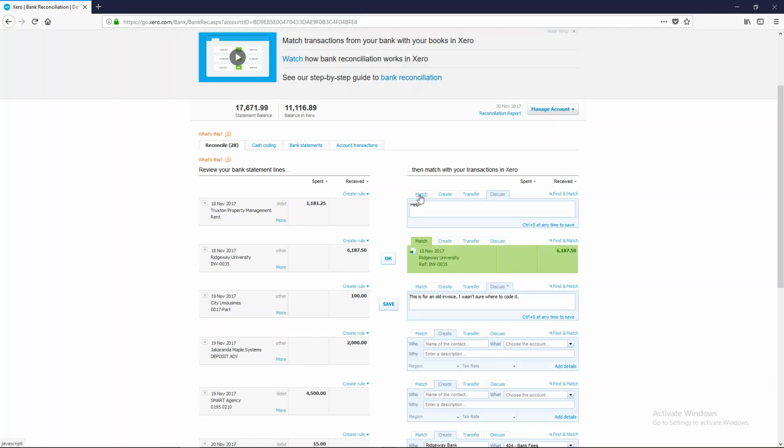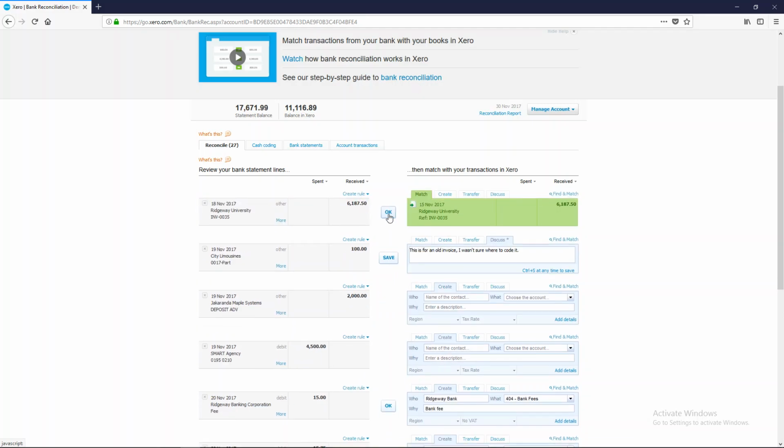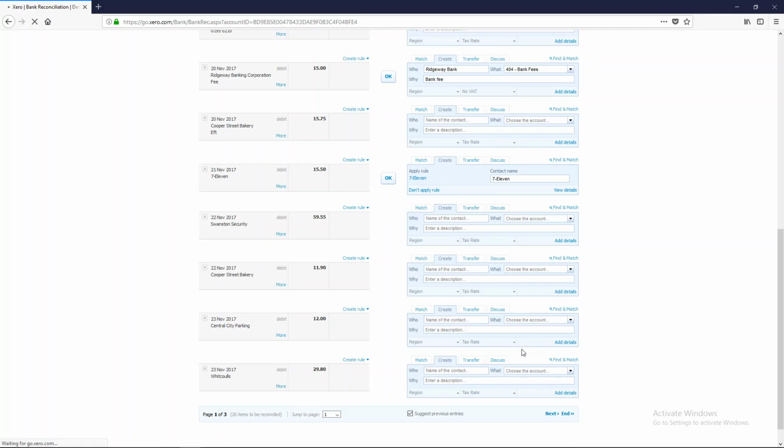So in this case we're just going to have a look at match, and as you can see here it's quite simple. Most of it should come up green on the right because the amount matches what's on the bank statement. The invoice amount that's outstanding is what's been paid, and we can just click OK. It's literally a case of okaying those transactions. So we'll just go through to the next page